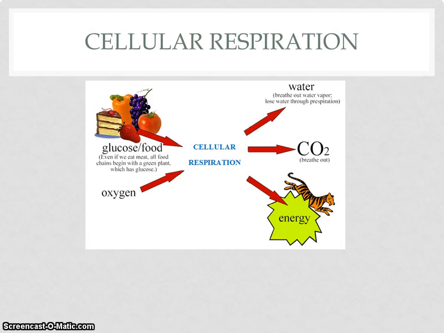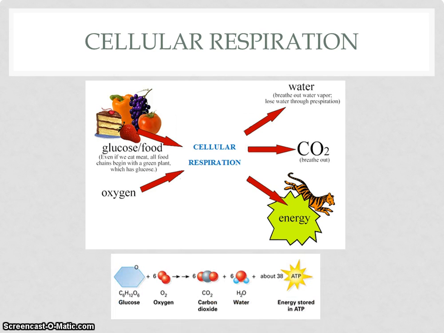Cellular respiration is the process that releases energy by breaking down food molecules in the presence of oxygen. All living organisms perform some type of cellular respiration, including autotrophs. Cellular respiration requires a food molecule, such as glucose, and oxygen, and it gives off carbon dioxide. Because it occurs in the presence of oxygen, cellular respiration is also known as aerobic respiration. The chemical formula for cellular respiration is